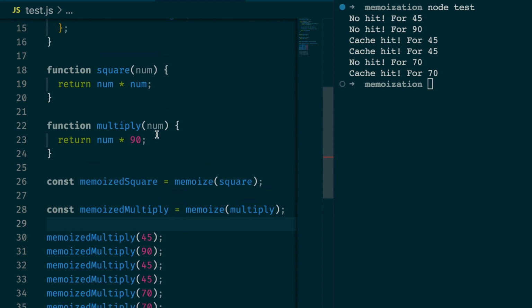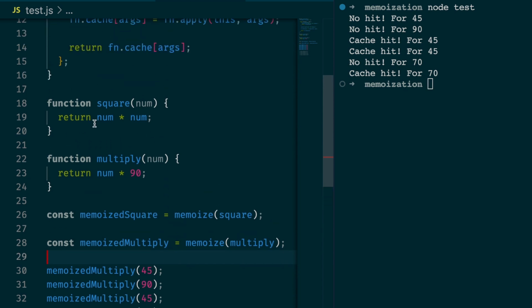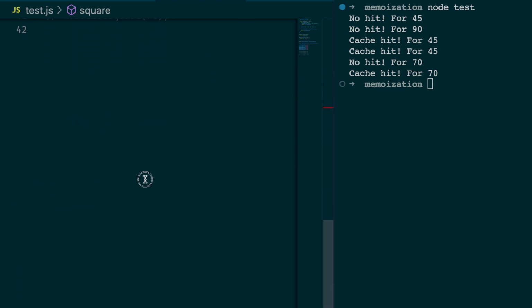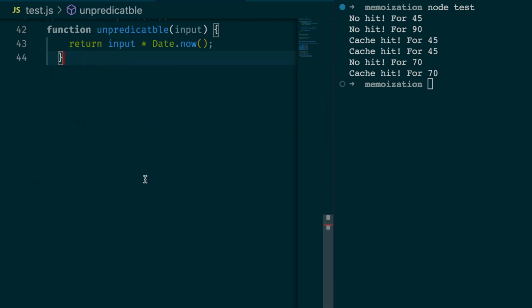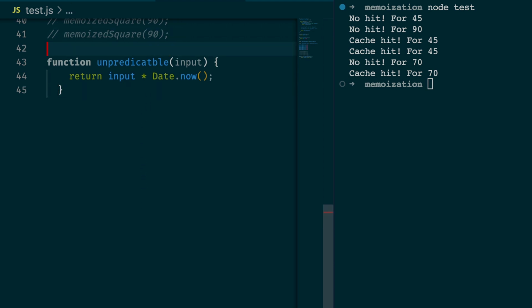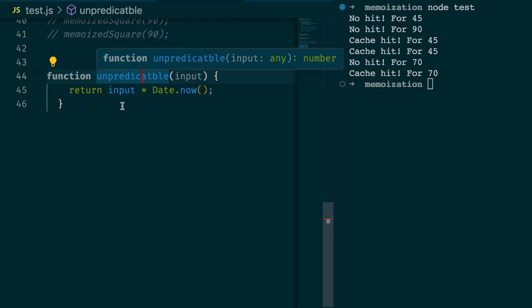Now, memoization should only be used on a pure function whose output depends on the input. Now, if the output is unpredictable, then memoization cannot be used on it. Let's look at this code. Now see it, we call it unpredictable. Now this function is unpredictable because